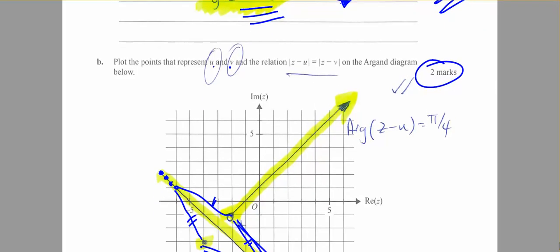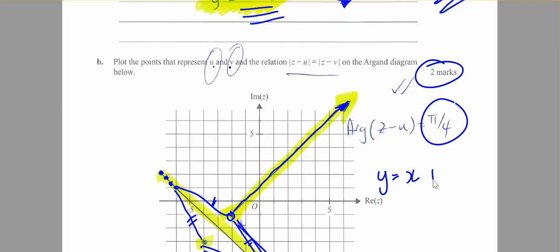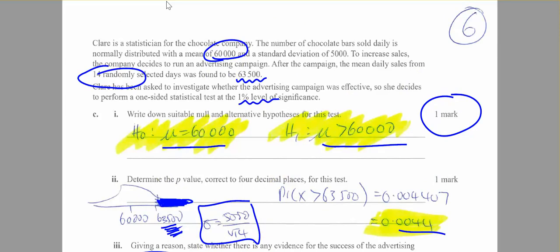So it's been moved to U, it's got an open circle and has an angle of 45 degrees. Therefore, it's going to go through at a gradient of 1. And that, by the way, is the line y = x, because the tangent of π/4 is 1, plus 1, because the y-intercept is 1. So to the next question,